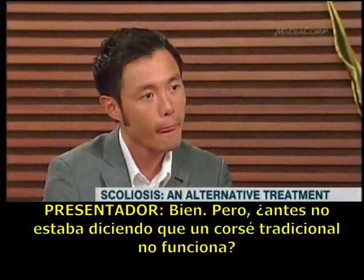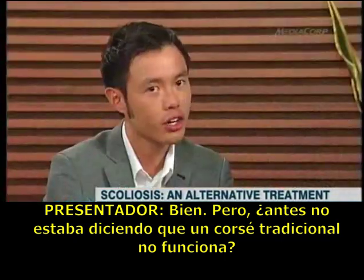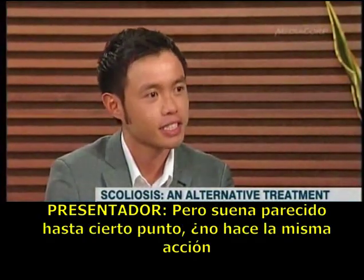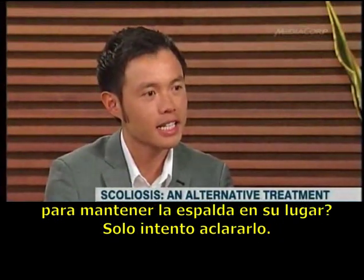Okay. But then earlier you were saying that basically you don't do... Is it your opinion that a brace doesn't work? Okay, that's different from a brace. I mean, this VertiTrack isn't a brace as such. But it sounds similar to some extent, that you're doing the same kind of stretching, traction, trying to hold the back in place. So, I'm just trying to clarify in terms of...